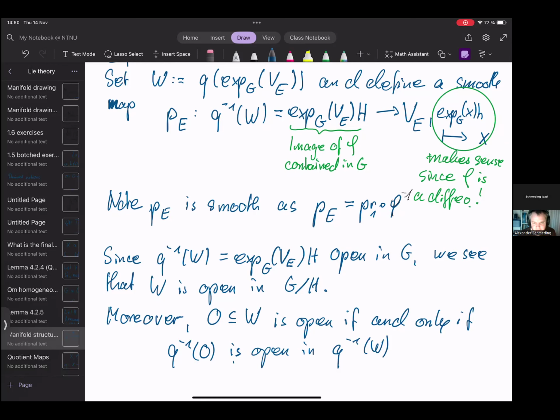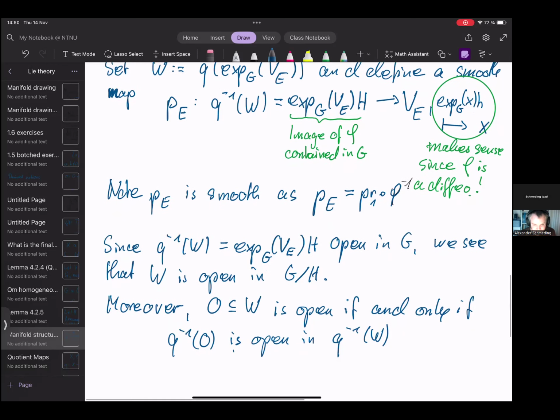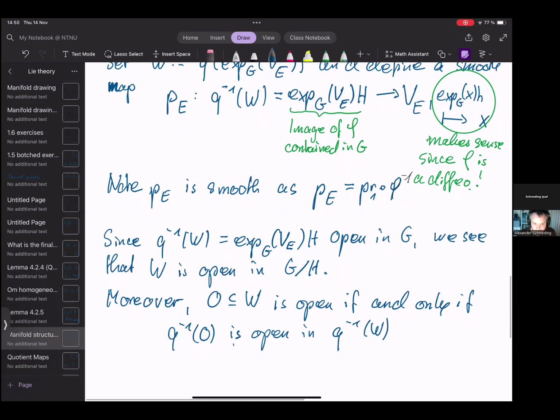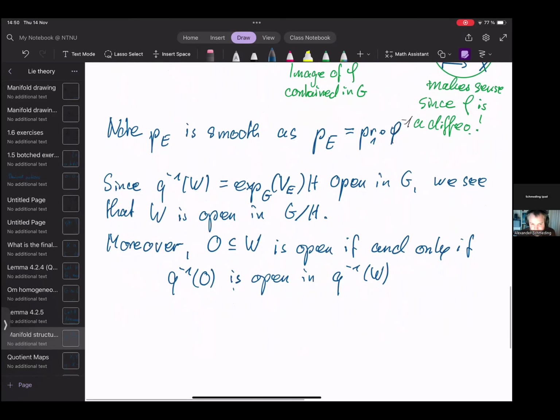This is basically since Q inverse of W is open, and so for all of the subsets, the openness here can be checked in the preimage of W. Okay, now let's see